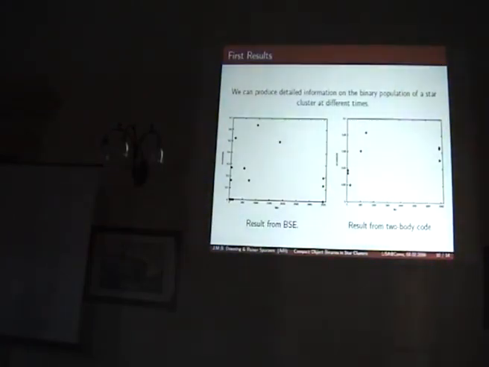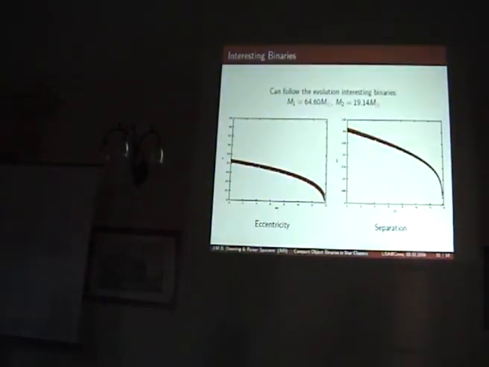Although these are also the ones that started closer to each other, so they were already drawn from this distribution rather than this distribution. But you can see there are certainly non-zero eccentricities present here. You're getting up to eccentricities of 0.1, for instance, which is definitely of interest for people, I think, who are producing the templates. So we can get information both on the populations, but we can also produce detailed information on the inspiral of each binary that we're studying.